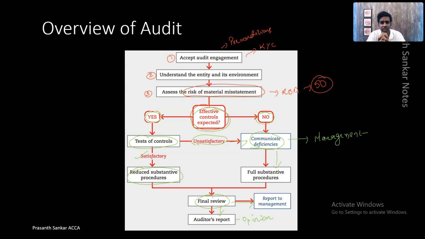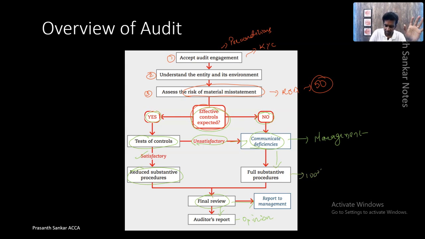To give you an example, if there is a company making revenue, with cost of sales, purchases, etc., and there is a small petty cash expense, you might not test it. Some small petty expenses, you might not test. That's in reduced substantive procedures. But in full substantive procedures, we cannot do that. We have to test everything. It's like 100% testing.